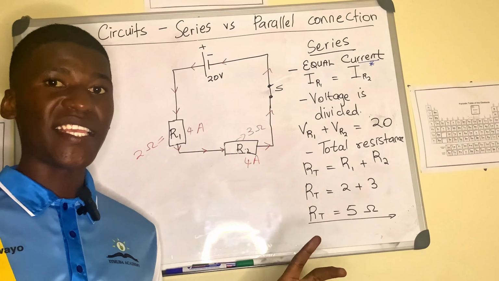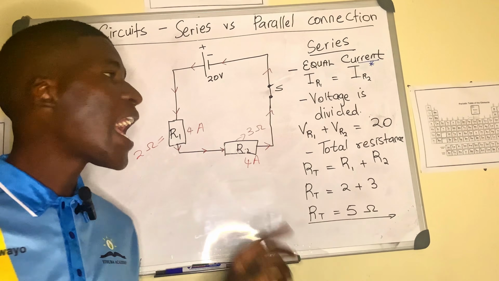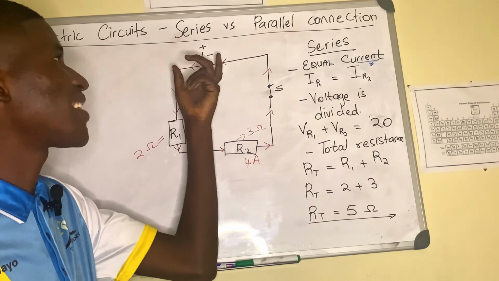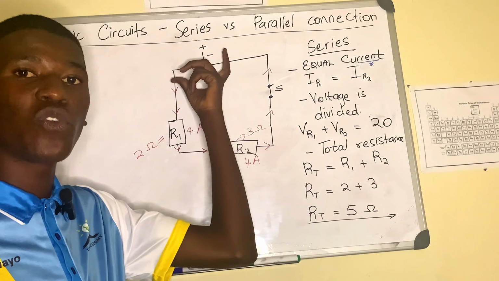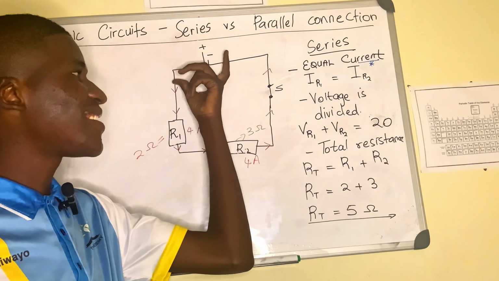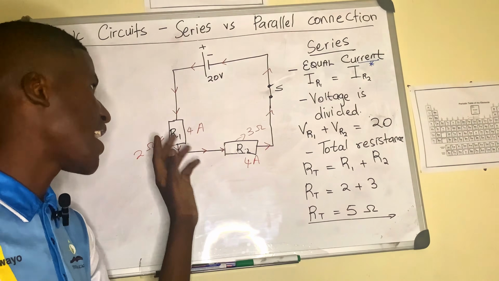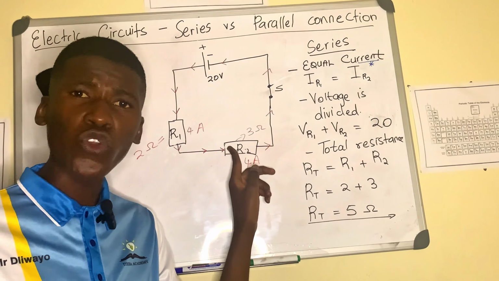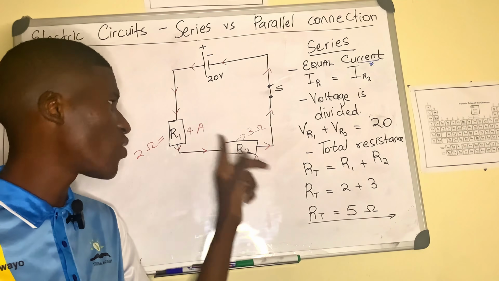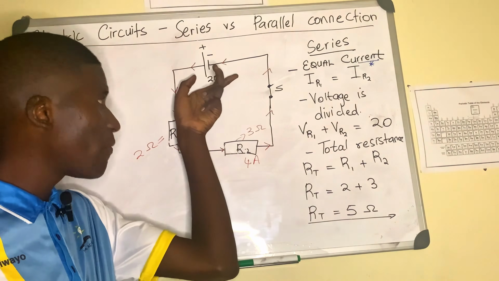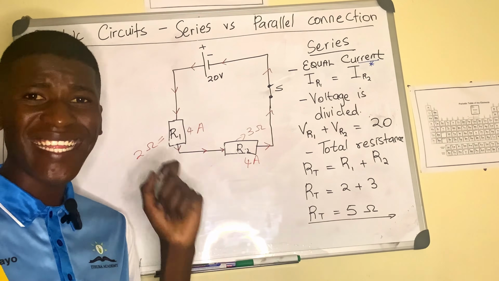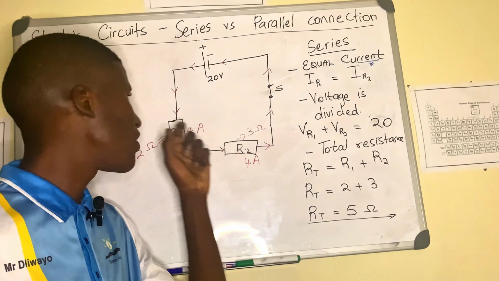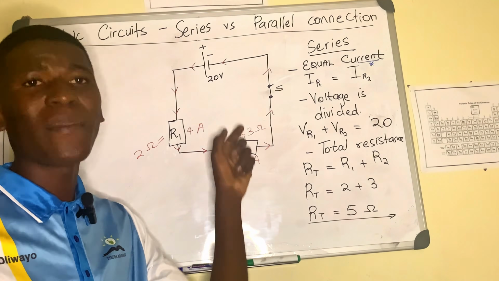What am I trying to say here, grade 10s, 11s, and 12s? I'm trying to say that if I start with 20 volts as the EMF of the battery, or as the total voltage of the battery, it doesn't necessarily mean that this one will be 10, this one will also be 10. No, no, no. It's only the current that is equal, right? This 20 volts here can be divided in any other ways, guys. It can be 2 volts, 4 volts, it can be 2 volts, 18 volts to make up 20.